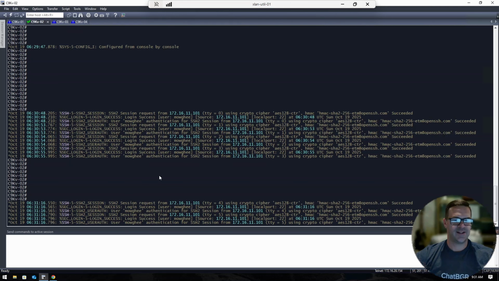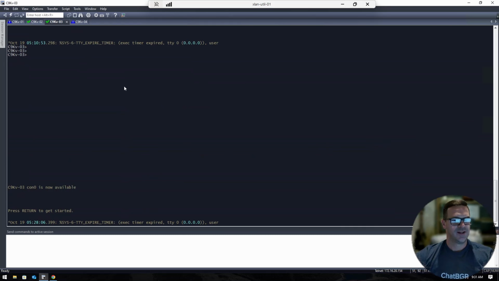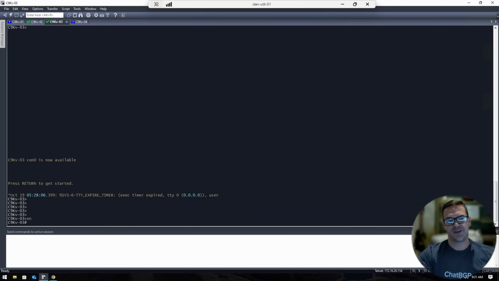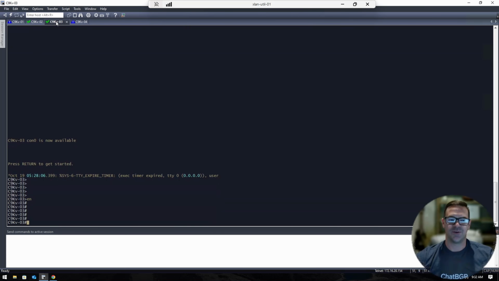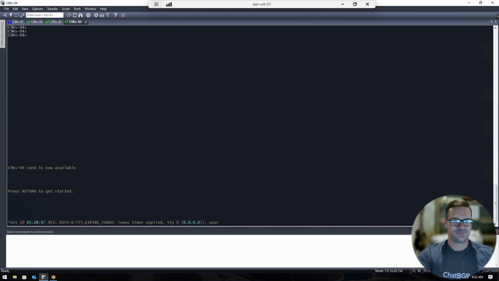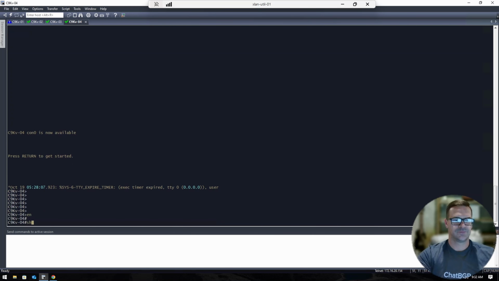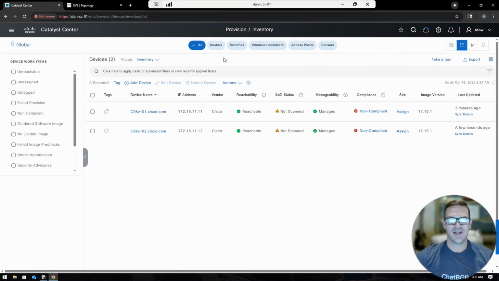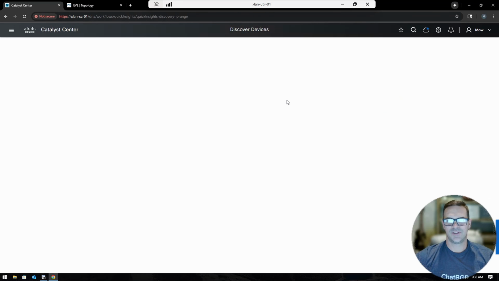Now let's go ahead and see what a discovery looks like. So I've already pre-configured 9K3 and 4 with essentially the configuration that you just saw me paste in on number 2. The only difference is the IP addresses are 13 and 14 respectively. But they're both using V3 with the same exact auth priv configuration that we just did on 2. So let's go ahead and say add a device, but this time we're going to do a discovery, all